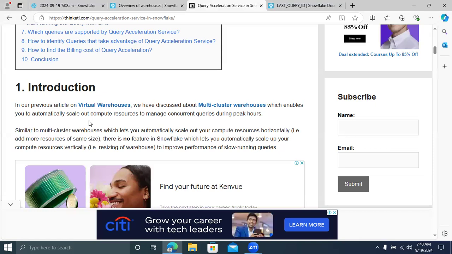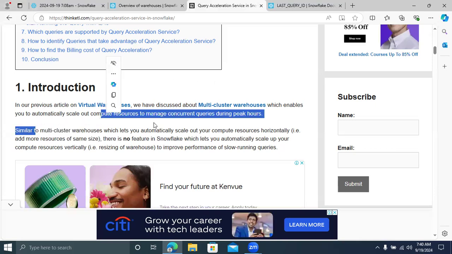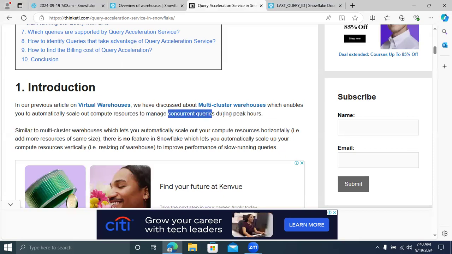In multi-cluster warehouses, compute resources automatically scale out to manage concurrent queries during peak hours. Concurrent queries means multiple queries running in parallel at the same time.